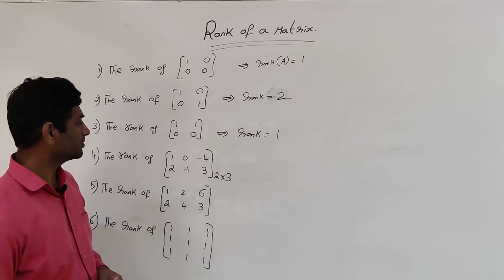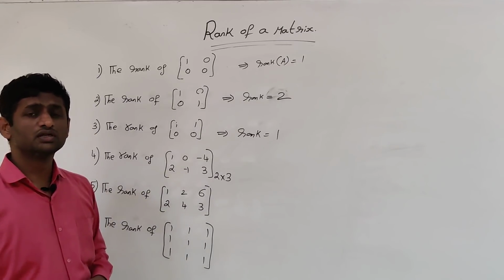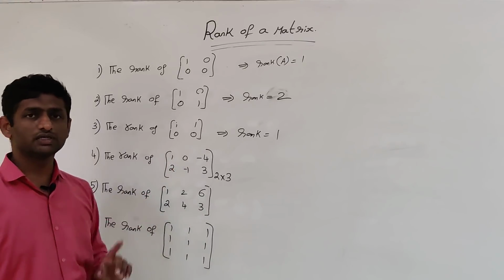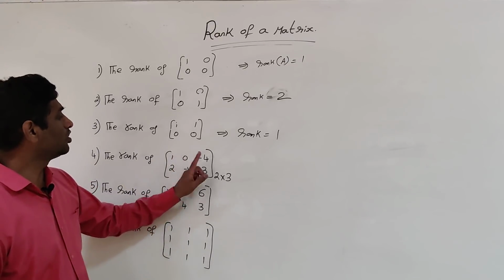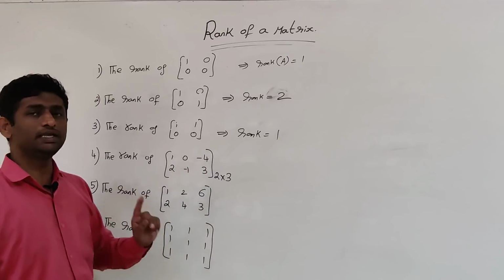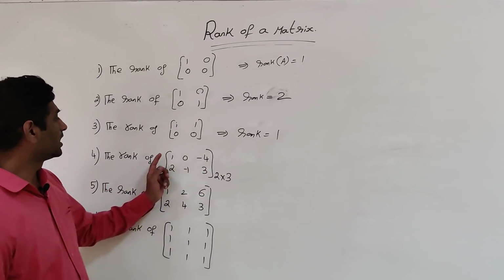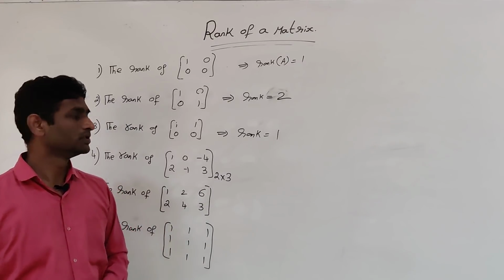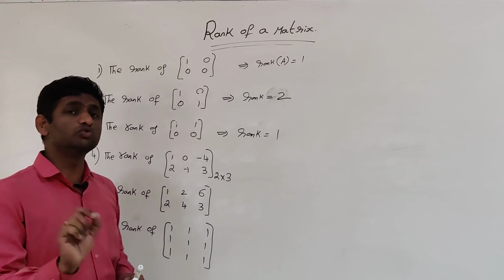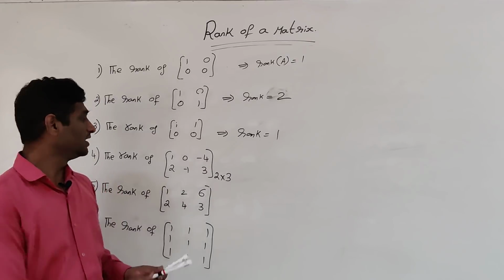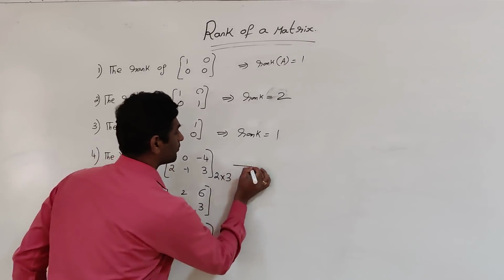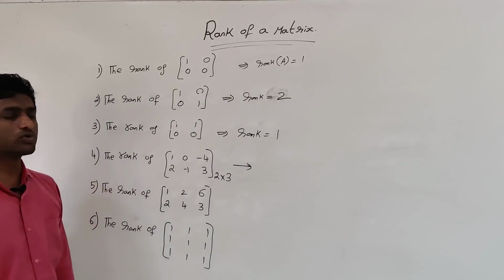Now, what are the square submatrices of order 2? 1 0 2 minus 1 is one square submatrix. 0 minus 4 minus 1 3 is another square submatrix. And 1 minus 4 2 3 is another square submatrix. And if at least one of the 2 by 2 is non-singular, then the rank of this matrix is 2. So we'll go for one 2 by 2 square matrix.